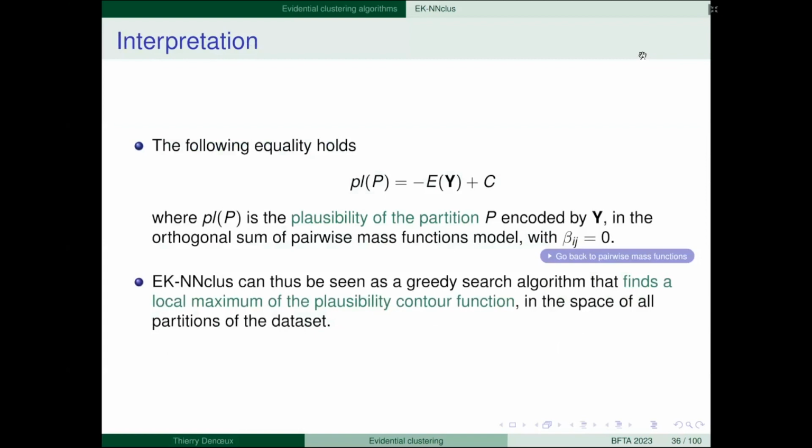And now we have this equality: the plausibility of the partition P encoded by the class labels in the orthogonal sum of pairwise mass function model, which we have seen before.